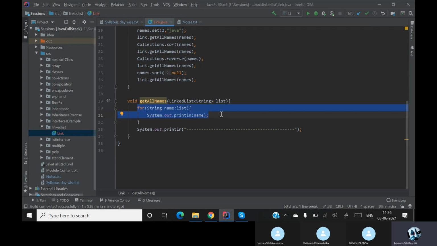For each loop is basically a perfect example of our iterator. Whenever you are running a for each loop, internally the iterator is running. So instead of a for each, we'll directly create an iterator right now.